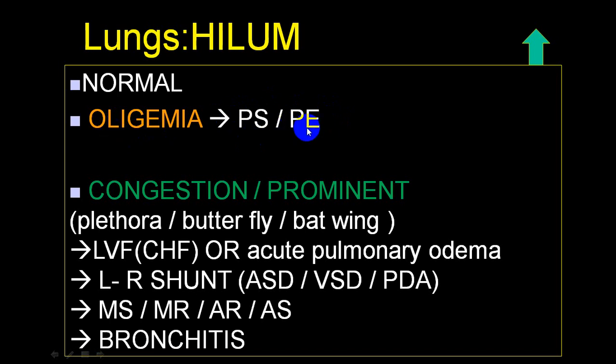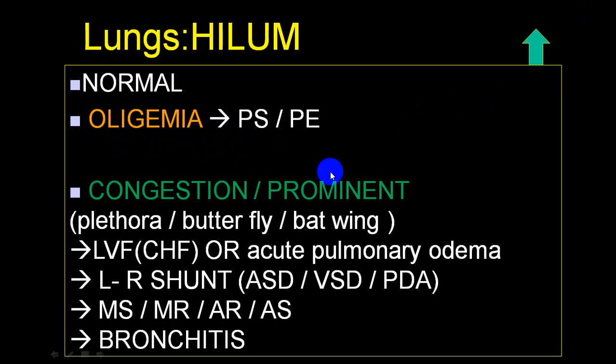In a pulmonary embolism, you will see Westermark sign and Hampton hump sign. These two signs we will discuss in some other lecture. While in case of a collapse because of a tension pneumothorax, on the side of the collapse, you will not be able to see the pulmonary vascular markings, and that will also produce oligemia. So this will be the third condition, which we can call pneumothorax. But you will have to see it in a collapsed lung. In a collapsed lung, you will not be able to see any vascular markings.